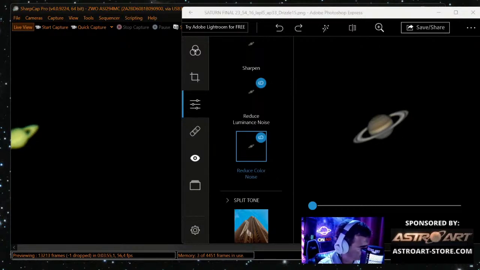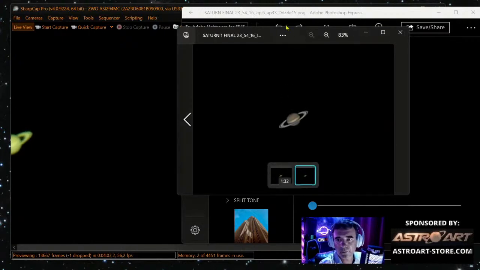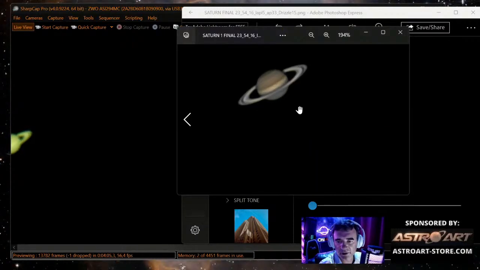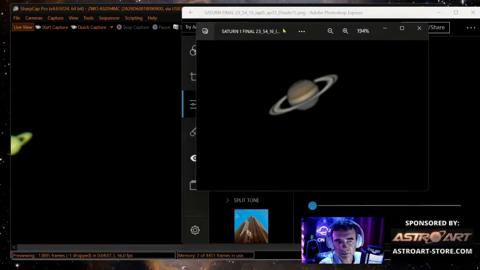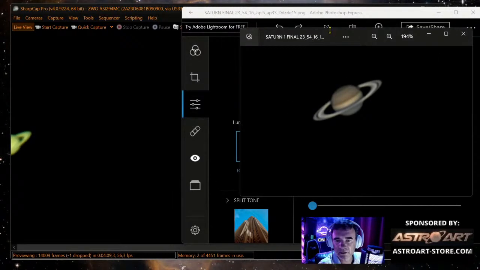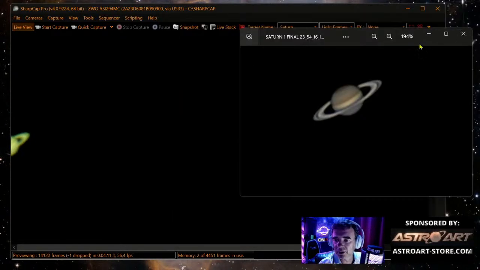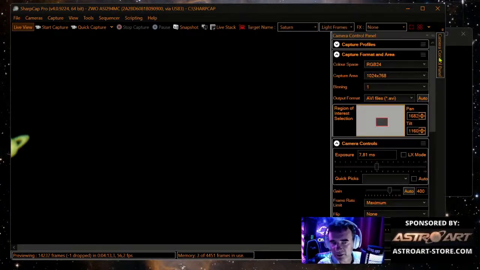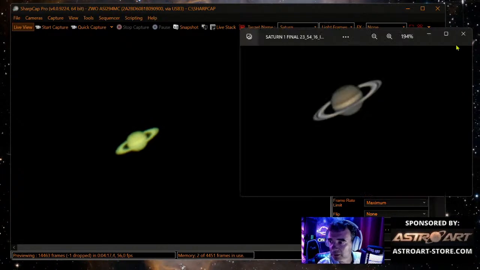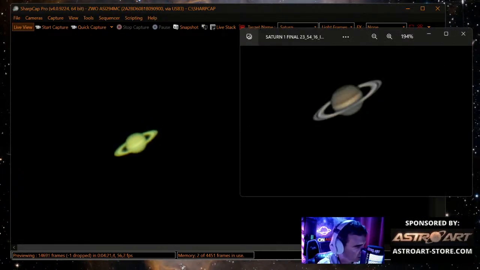Now let's see. What a beautiful image. It's perfect. Let's just adjust this. What a beautiful image of Saturn.